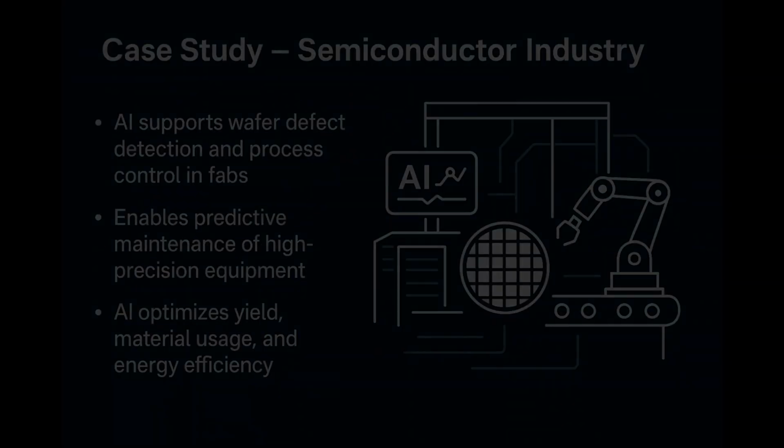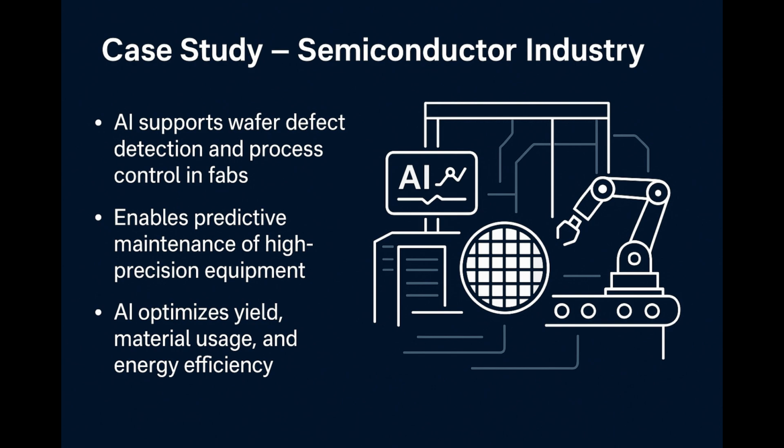In the semiconductor industry, precision is everything. Even a microscopic defect can lead to costly product failures or recalls. AI plays a critical role in wafer inspection. Using high-resolution imaging and deep learning, systems can identify pattern defects and surface anomalies that traditional rule-based systems might miss. During production, AI monitors and controls hundreds of variables in lithography, etching, and deposition processes, ensuring uniformity across millions of